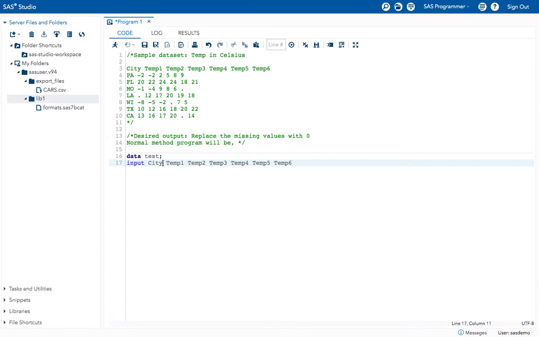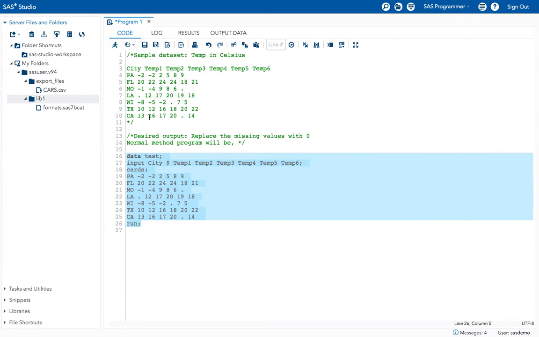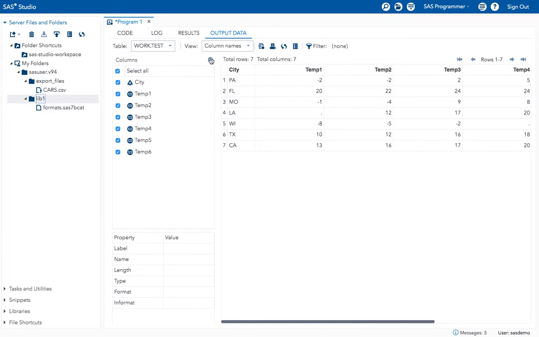As city values are character values, I'm giving the dollar sign. Now execute the program and you will be able to create a data set with these variables.